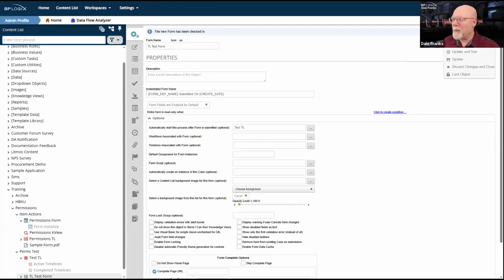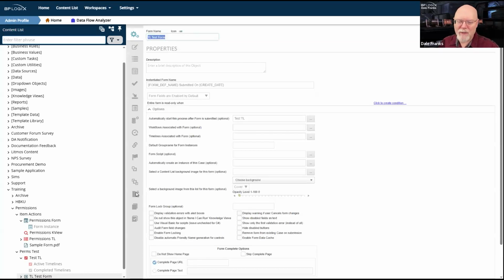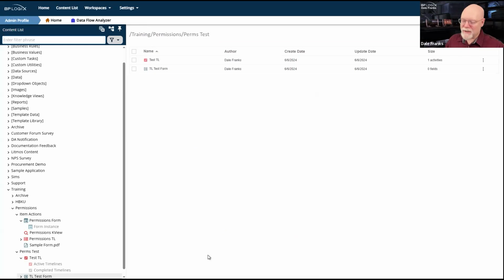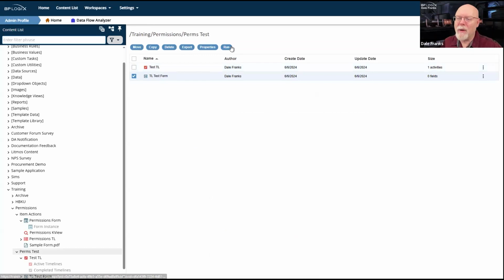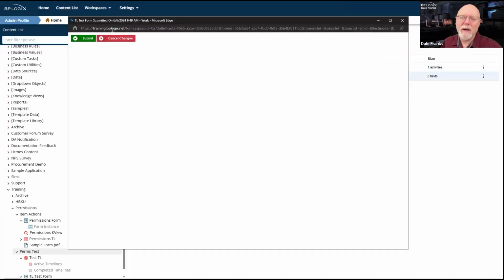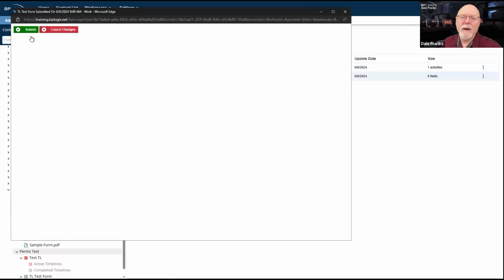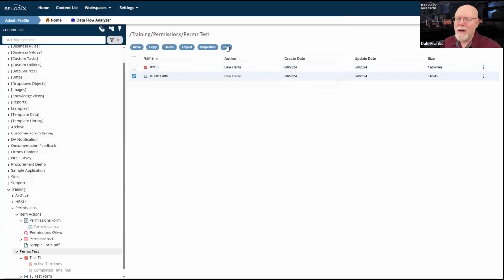And now I'm going to have different permissions, I think, because I changed my perms test folder. So I'm going to go ahead and update, and we'll take a look at what the permissions are here, which I think are going to be different. Yes, they are going to be different than the timeline. I still have my run permissions, right? But none of the other permissions are there because I removed those extra permissions. So now if I go in, we're just going to run this a couple of times to create a couple of instances. I just want them to exist. And we'll do one more for good measure.